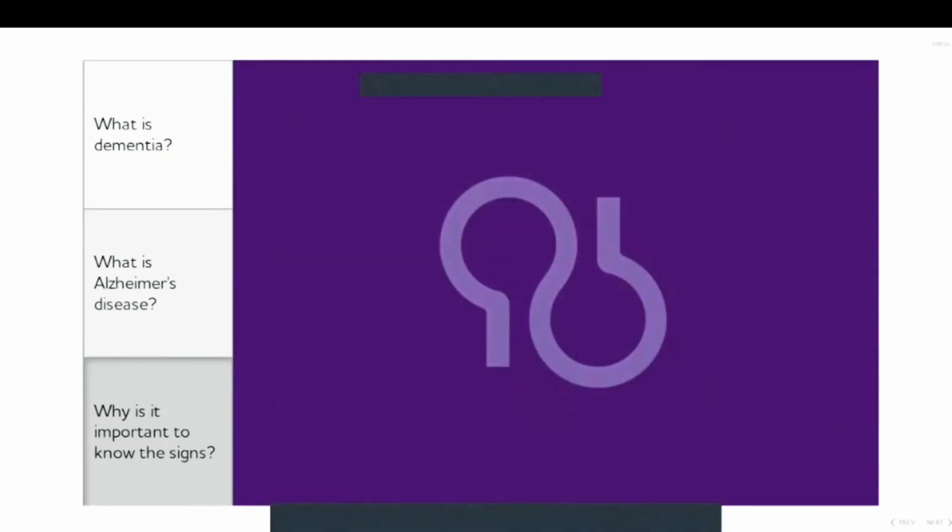So I'm not sure if you know, but our brain only weighs about 3 pounds. But as it shrinks, it begins to weigh less. And so it's really important to know the signs of Alzheimer's. And now I'd like for us to listen to Ruth Drew, who's the Director of Information and Support Services at the Alzheimer's Association. And she's going to talk to us just a little bit about the importance of recognizing the